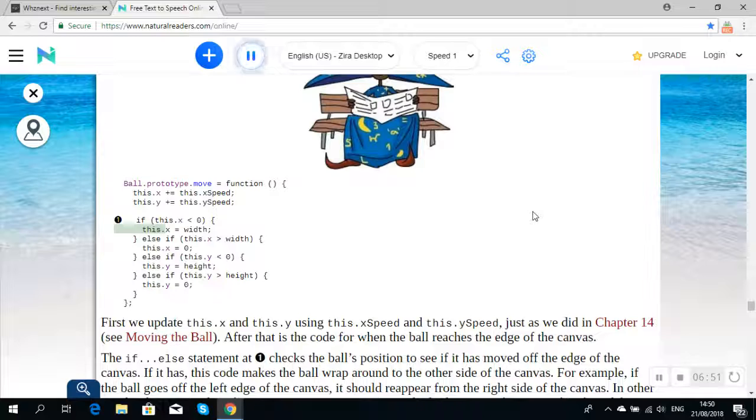if (this.x < 0) { this.x = width; } else if (this.x > width) { this.x = 0; } else if (this.y < 0) { this.y = height; } else if (this.y > height) { this.y = 0; } };